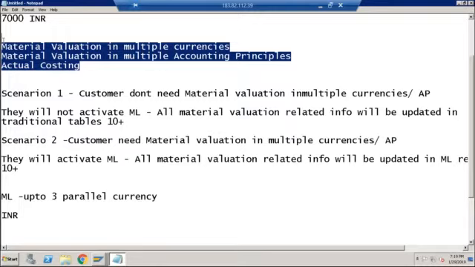Okay, so technical activation of material ledger is mandatory in S4HANA. If you don't activate material ledger, the system will not allow you to do any materials movement. You will not be able to issue any material, you will not be able to receive any material. So whenever you try to do MIGO, whenever you try to issue some material, you try to do PGI, the system will throw an error that you cannot perform this transaction because material ledger is not active in your system.